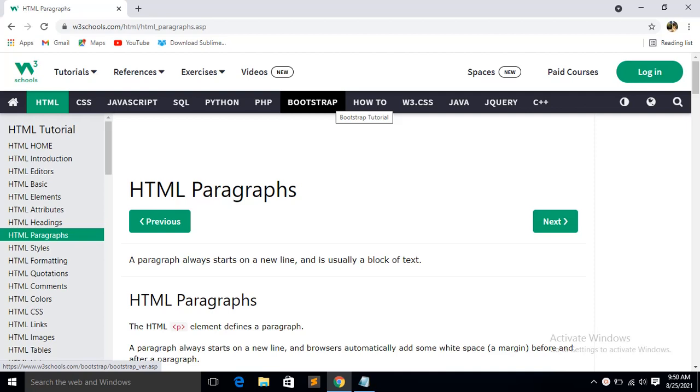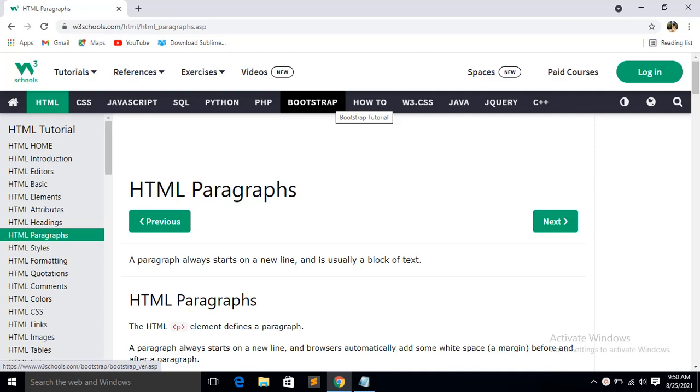All of you take out your book and turn to page number 53. Here you see, when you write any text in the body part of the HTML in a simple way, straight, without using any tag, the text will be written as a continuous sentence, that means in the same line.